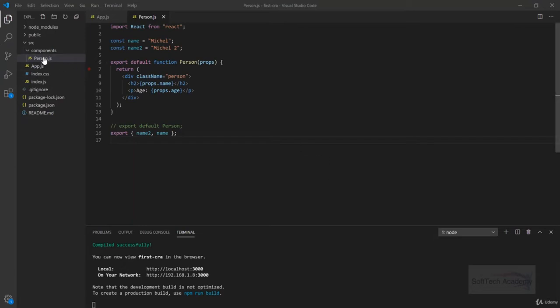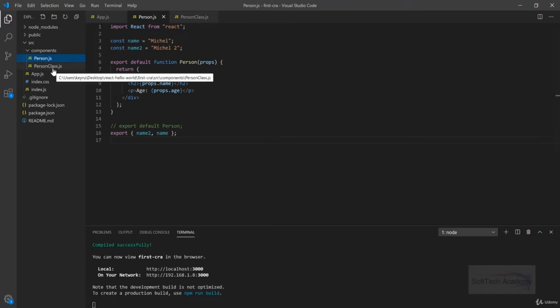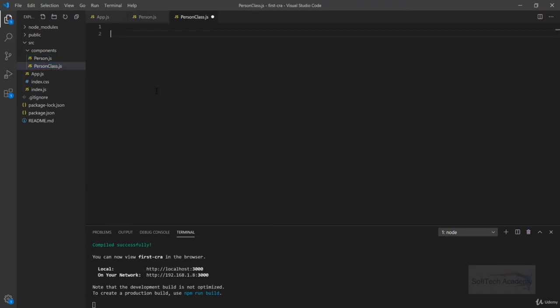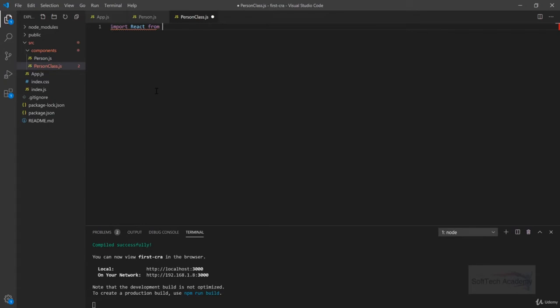Inside this component folder I will make another file called personclass.js. In this person class we will make the same person component but using a class. So first we will import React from 'react', and then we will make a class called PersonClass which extends